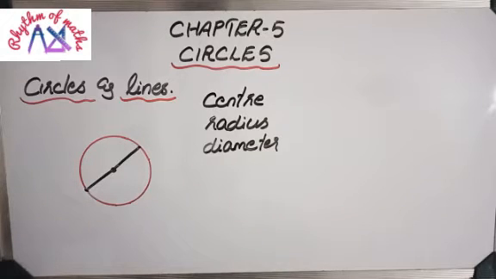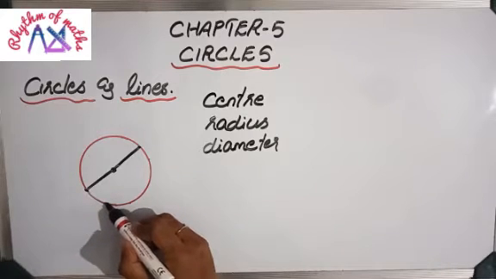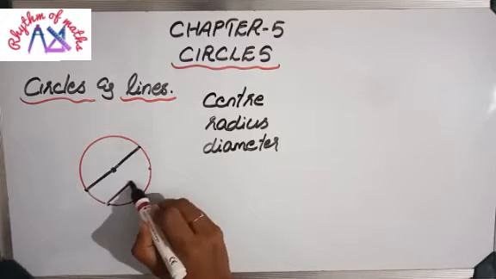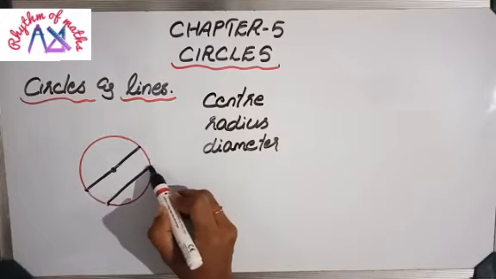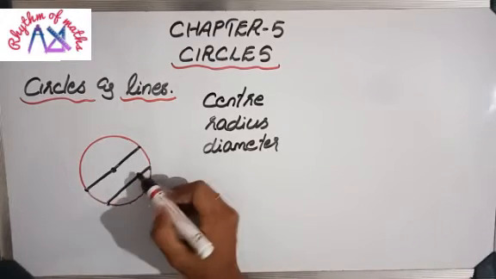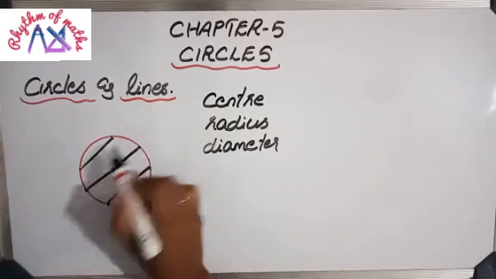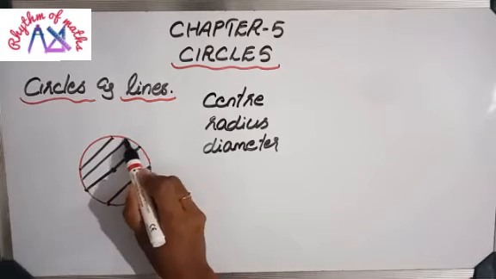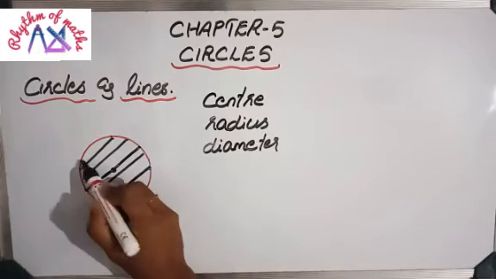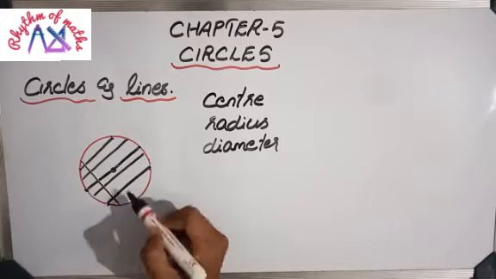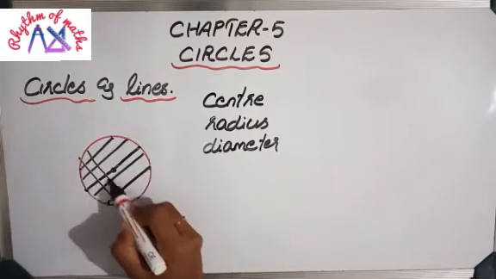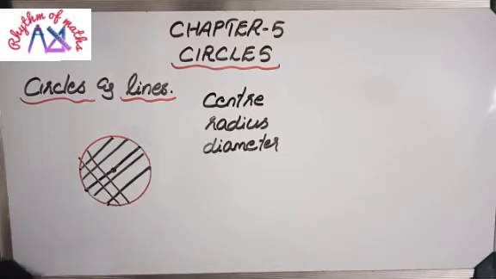Now in 9th standard, you are going to learn another concept of circle. We can draw a line by joining any two points on the circle like this. Like this, you can draw so many lines. The end point must touch the circle. No issue, you can draw any, but the end point must be on the circle. This line is known as chord.